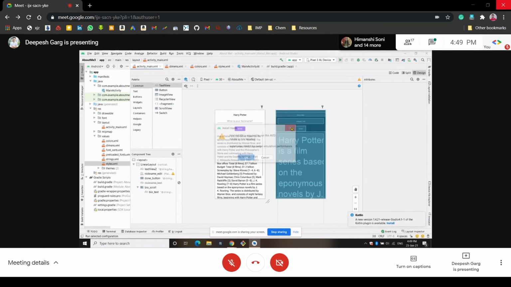Okay, first of all, Gradle is building here. It means our code, whatever we have written, is compiling.